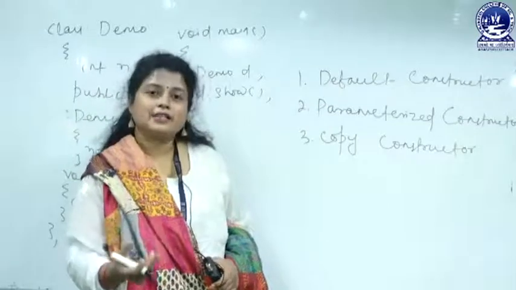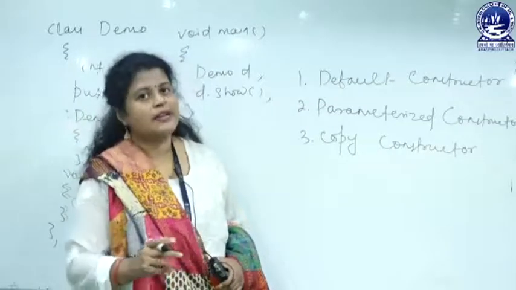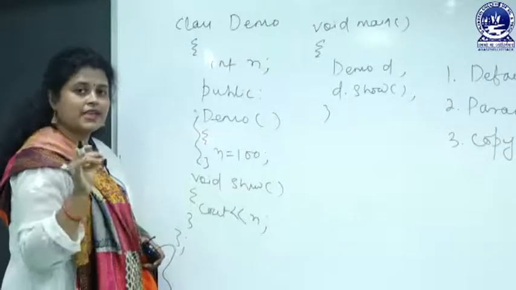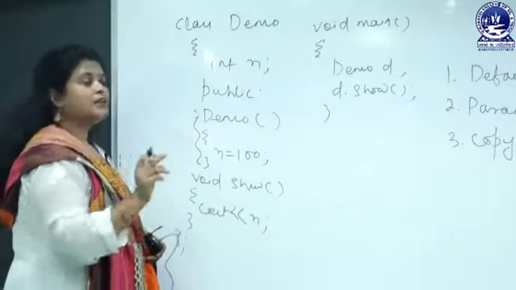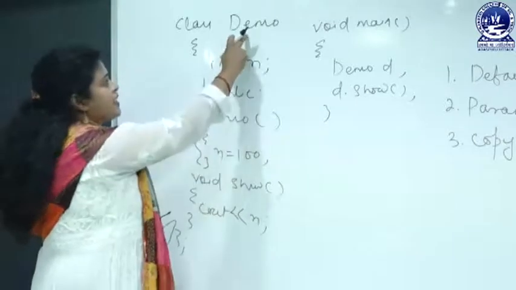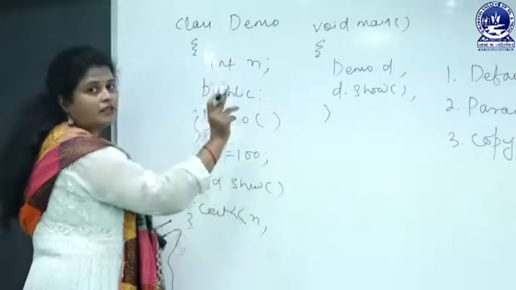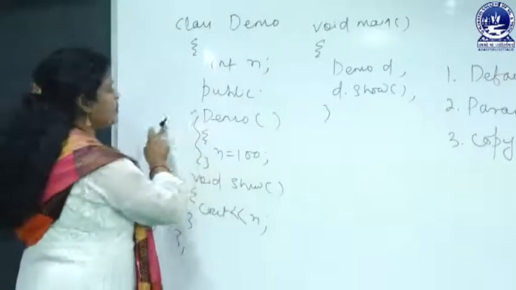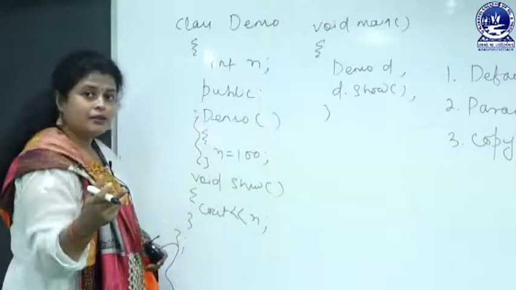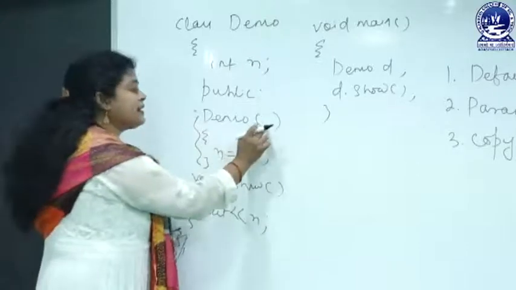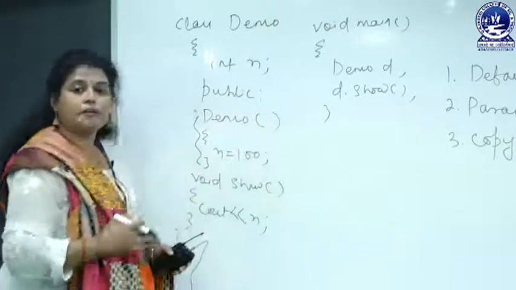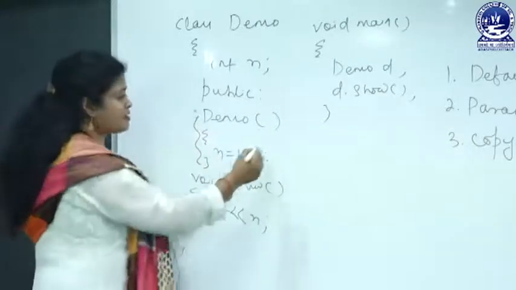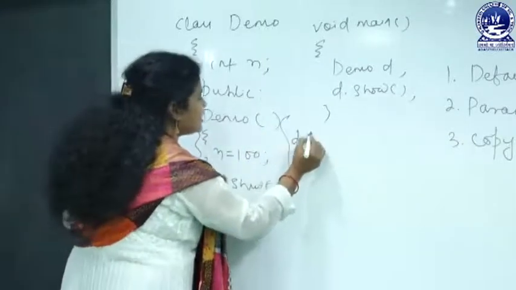First, I will explain the default constructor by giving one simple example. A constructor is a function to initialize the data member of a class, and the name of the constructor must be the same as the class name. This is the rule. And whatever the type of constructor, it does not have any return type. This is another rule. It may take arguments, but if you are not passing any argument, then the constructor is called a default constructor. So this portion I have written here.